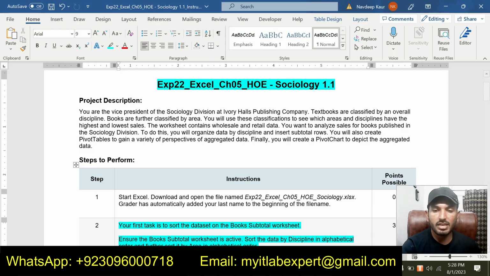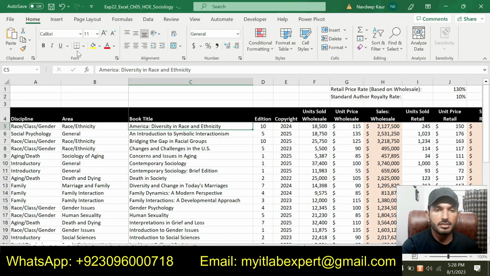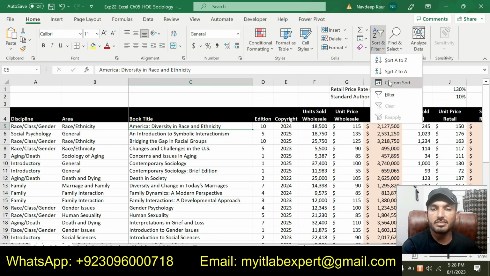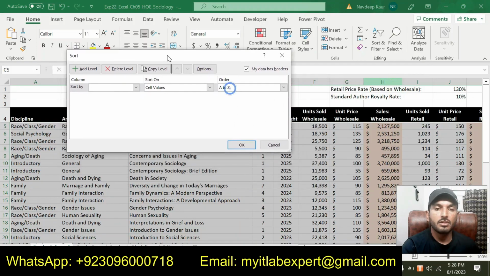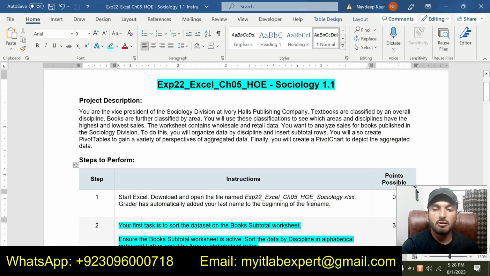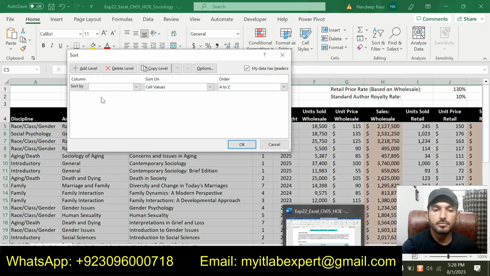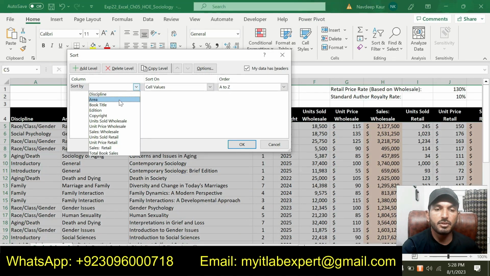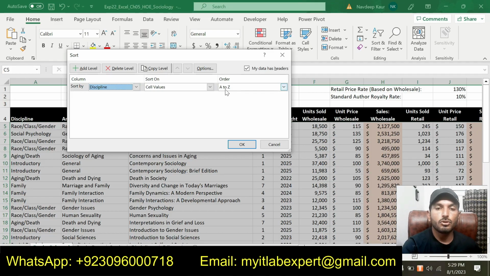So let's move to the Excel workbook and then click on the Home tab and go to Sort and Filter and select Custom Sort from here. So first sort is by discipline and in alphabetical order. So I will select the discipline from here, and order should be alphabetical order. So now I will add the second level of the sort.